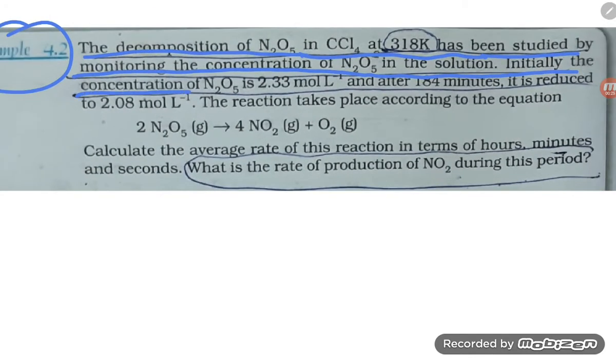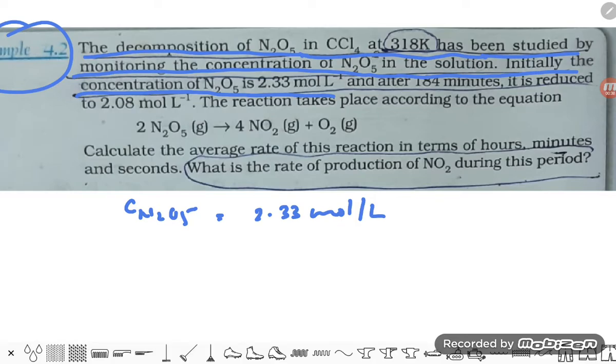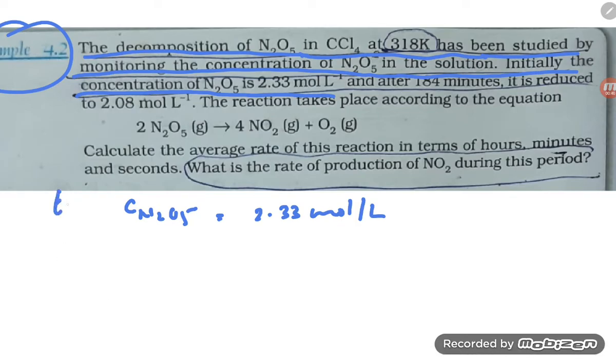Initially the concentration of N2O5 is given as 2.33 mole per liter. After 184 minutes, that is, T is equal to 0 and T is equal to 184 minutes,